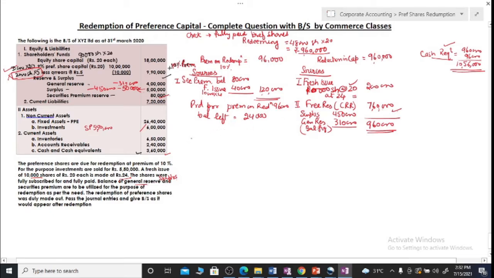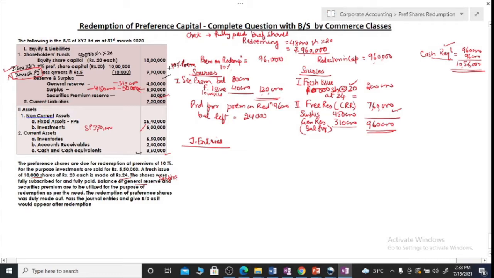So our next step will be giving journal entries. How do we pass entries? We pass entries according to our working notes. Although when you look at books, you may have some entries being done in the beginning, some at the end. There is no order. But what we can remember is that if we follow all the provisions and working notes, we will not forget any entry. Looking at the first condition of fully paid shares, we separated redeemable shares and left the remaining capital as it is. So we haven't recorded any transaction, we have just separated the two things, fully paid shares separated, remaining kept separate. So there is no entry for the same.